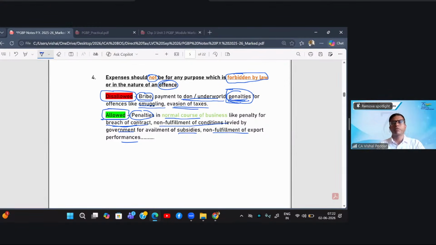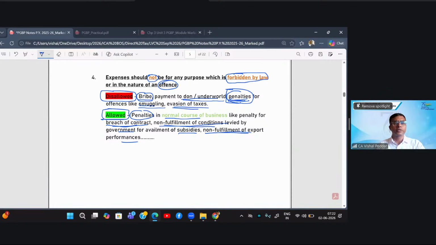So there is a breach of contract. So when there are such acts like non-fulfillment of some condition, non-satisfaction of export performance, and these were one of the conditions mentioned in some law,